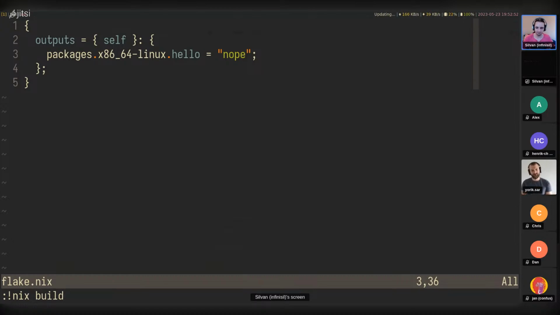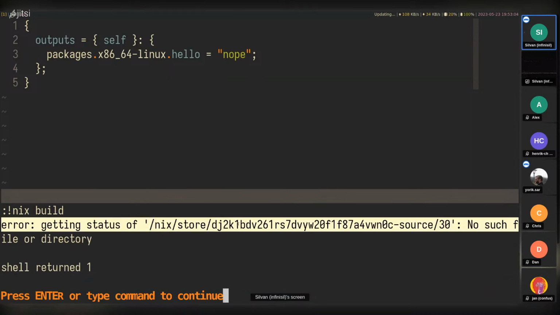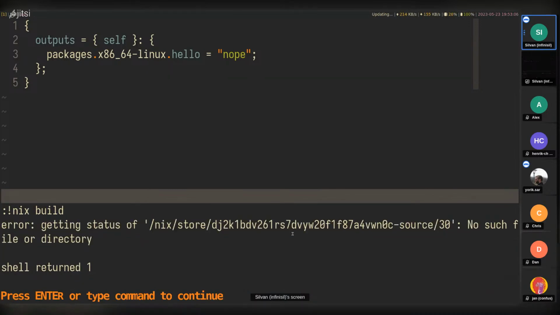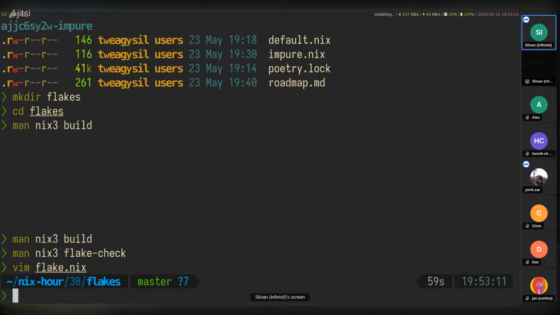And note, well, flakes is still experimental. I should point this out a bit more visibly. So it's not finalized and things may still break. But if we nix build, we get a right message: file in a directory. So flakes is also tied to Git repositories. To actually make this work, I'm going to have to git init here.